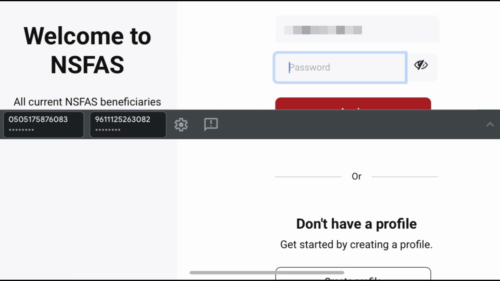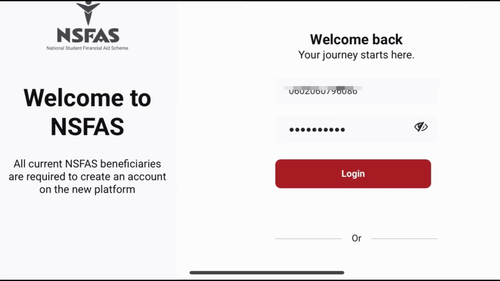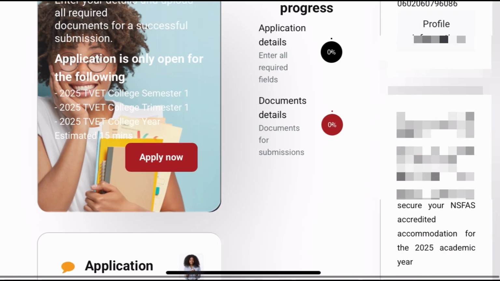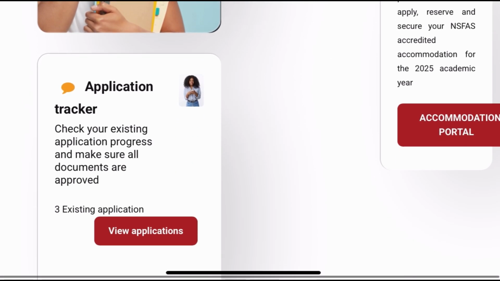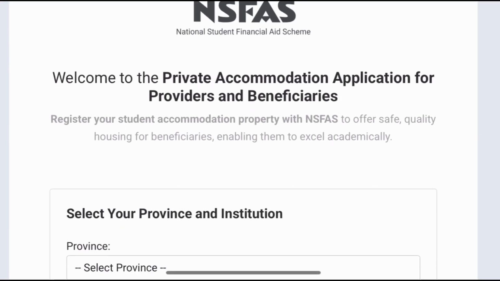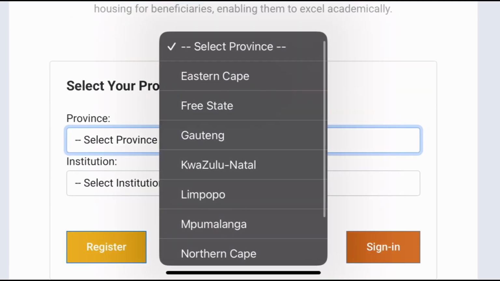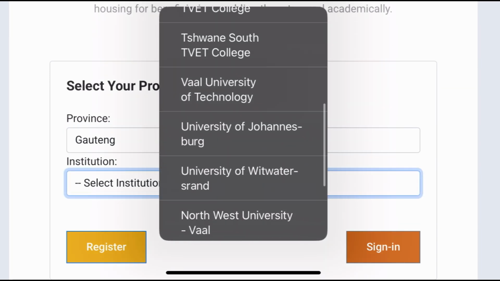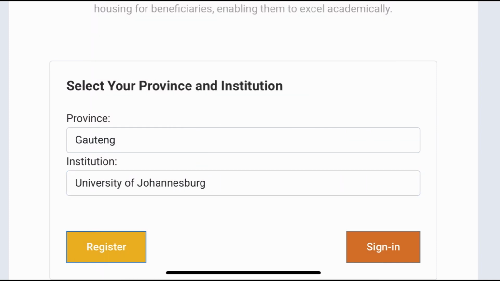After putting your ID number, you have to put your password. Then you're going to successfully log in after putting your password. And it's going to take you to the next page, which is your profile. And you're going to scroll down until you see accommodation portal. And you press accommodation portal. And then it's going to lead you to this page. You read. Make sure you read everything. And if they accepted you at Gauteng, at University of Johannesburg, you press that and then you select